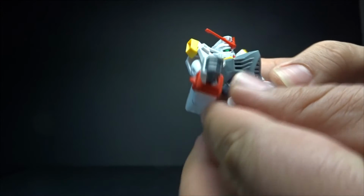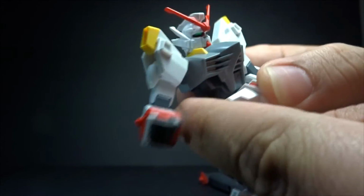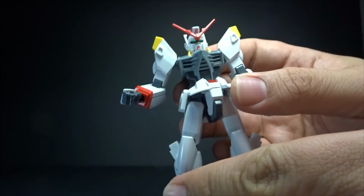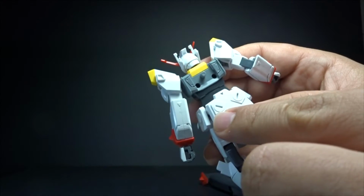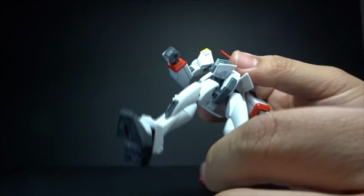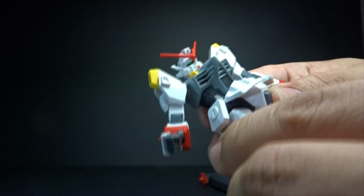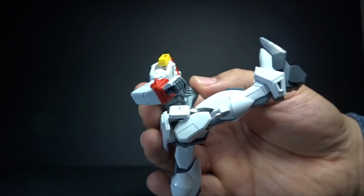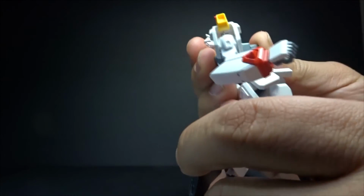And for the waist, the side skirts, these actually move. A little bit stiff, but it moves. The front skirt, as always, it moves, but there are certain limitations, but that's how far it can go. The back skirt doesn't. And I kept on seeing these notches here, so there's actually a reason for this customization. And now for the legs here, now this is a ball joint connector, so this is limited mobility, and it can only go that far for a split. Yeah, but it can actually do a high kick. A back kick, that's how far it can go, and then yeah,